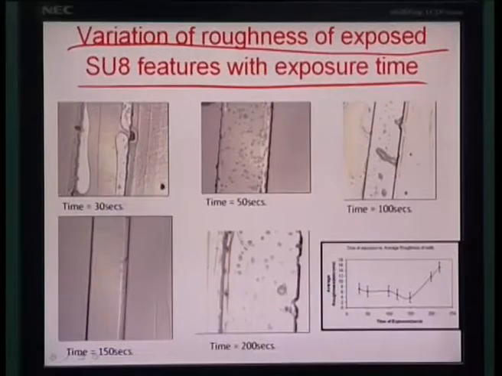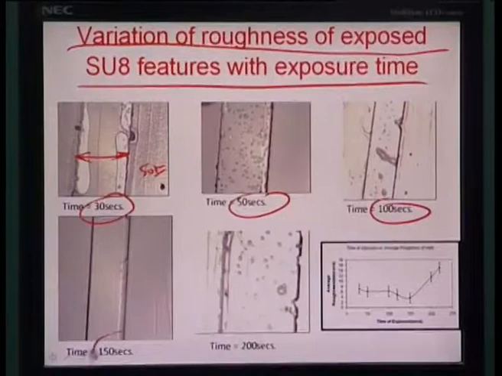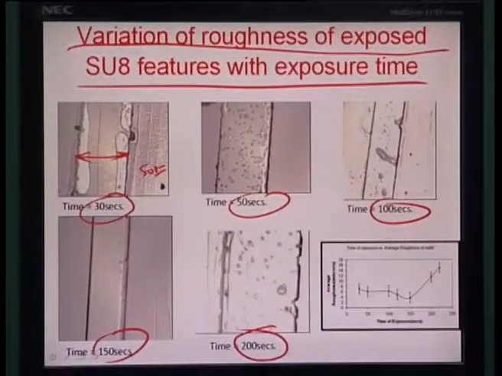Here, as you see, this is the time optimization technique that we are using. Basically, we are trying to optimize an exposure time. So, we wanted to build up a feature which is about 50 microns thick, like this, let us say this depth here or this width here across is about 50 microns or so. If you look at different exposure times like 30 seconds, 50 seconds, 100 seconds, 150 seconds and 200 seconds, you see that the edges are slowly turning from curvy to flatter,